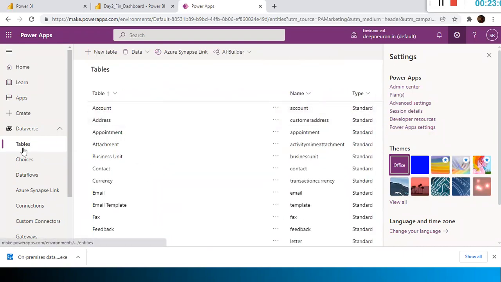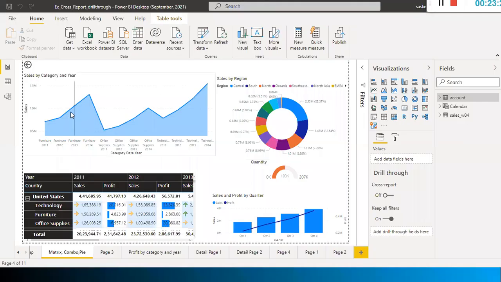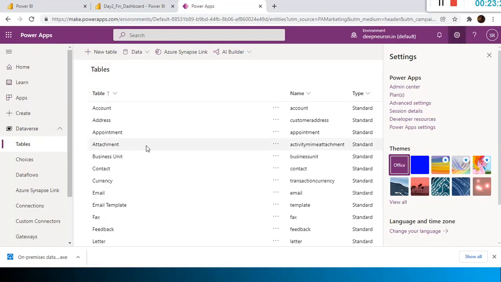In real time, they would have created some other tables here, and then they would have loaded the data also. What you need to do is connect to powerapps.com, and from here you will find the tables, right? In the tables folder, you can find whatever tables you created and import them here. The advantage of keeping the tables on cloud is that anybody across the world can access them anytime without depending on you. So there is not much dependency.